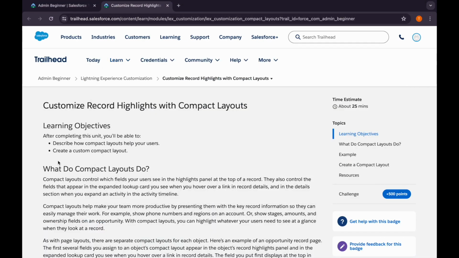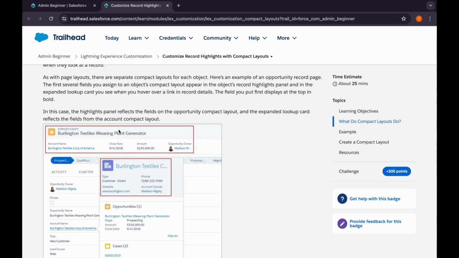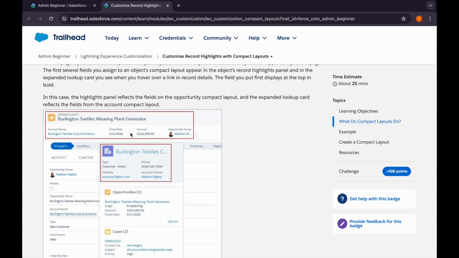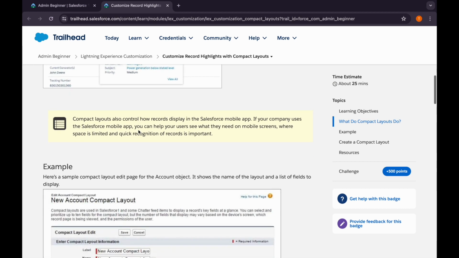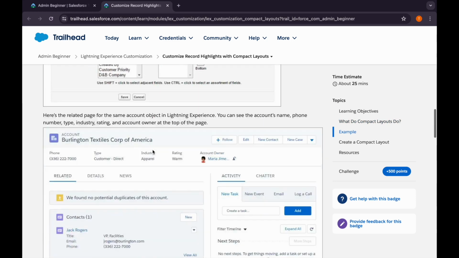So guys, we are resuming this module, that is customize record highlights with compact layouts, and in this we will be talking about compact layouts, and we might be creating one as well in the challenge. So compact layout is this one. Whenever you open a record of an object, you will see there are some fields which have data in the uppermost, or you can say highlight panel. It is a compact layout where we can add fields or remove fields,